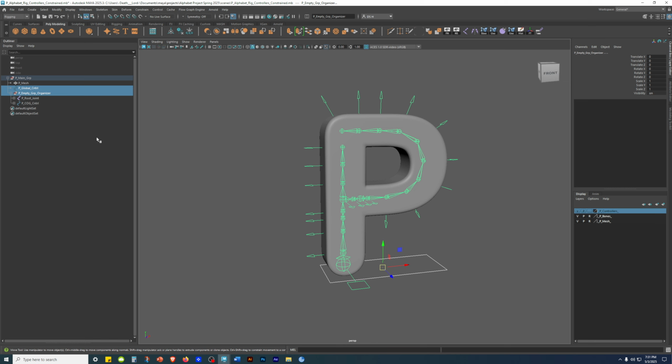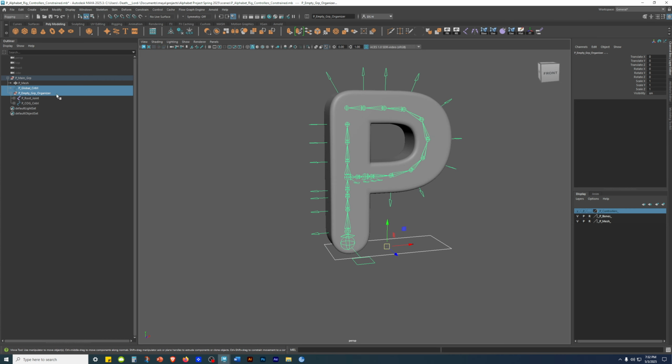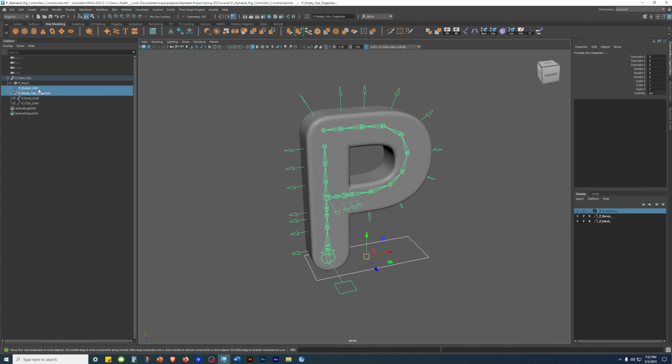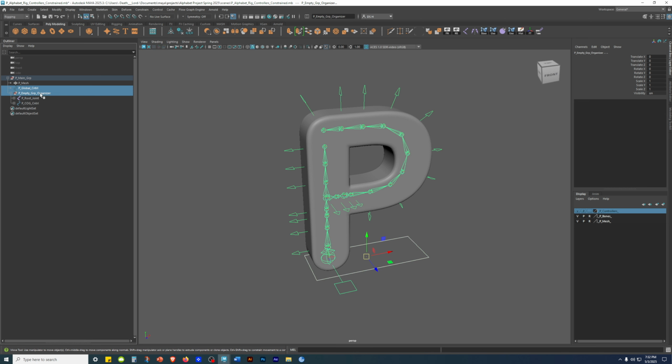So that means the organizer group doesn't have any constraints. Basically, before we were constraining the bones to the controller. Now we're instead going to constrain the empty group organizer to the global controller, because the empty group organizer contains the joint system chain, and it also contains the controller system chain. Like I said, you select the global controller first, then you hold Control and select the empty group organizer,